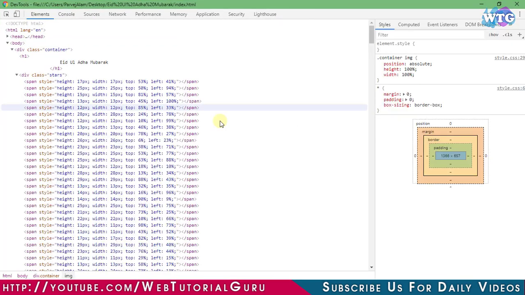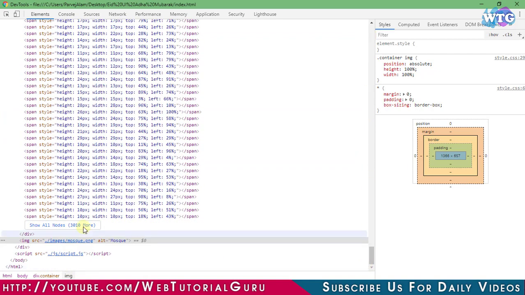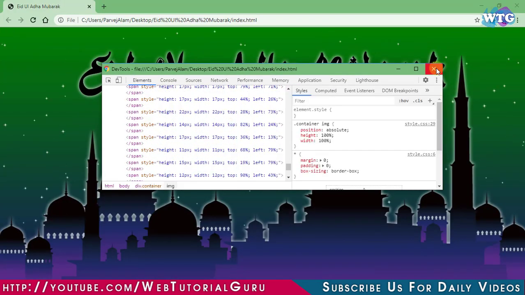One thing you will notice is that all the star elements are appending to the stars container after set interval time, and it is increasing again and again, which is not good for this animation because after some time the browser will crash and will not respond. So we need to remove these elements after some interval.